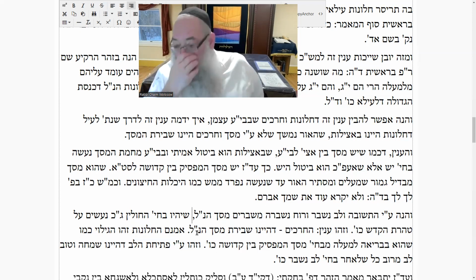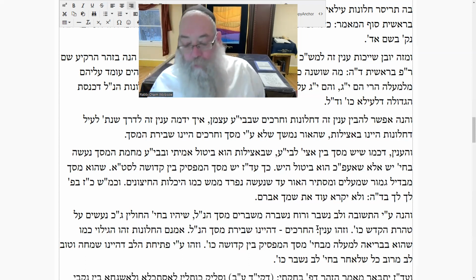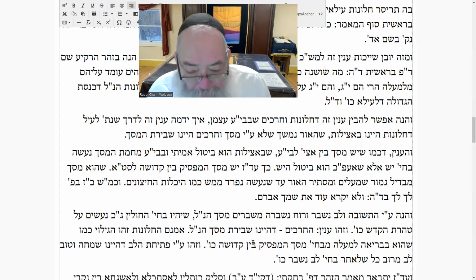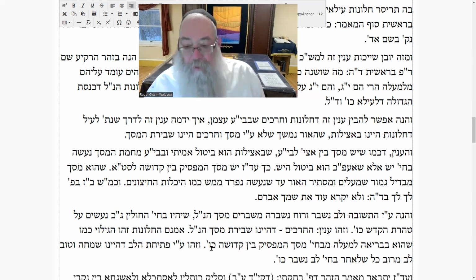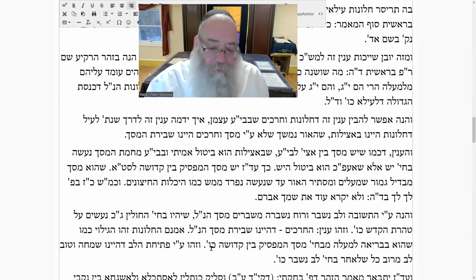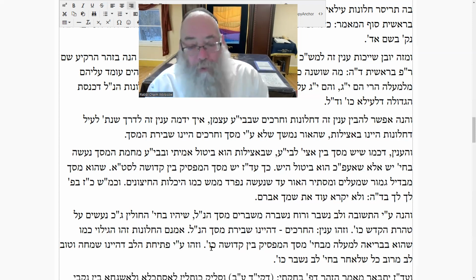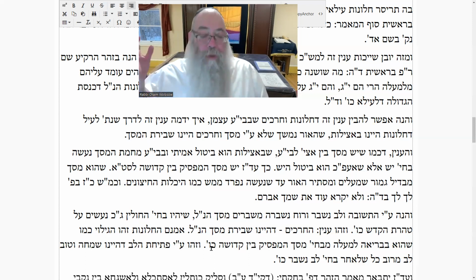What are the windows? Zehu hagilui k'moy shehu b'briya l'maylo mibchinas mosach hamafsik ben kedusha. The level of the chaloinis is when the revelation is as it is in b'riya, which is beyond higher. It's not a curtain, it's not covered, it's not interrupted between kedusha. Over there, there's an interruption. They have to break through. But in the rest of B'riya, over there, you don't have a curtain separating. It's a window. It's open.